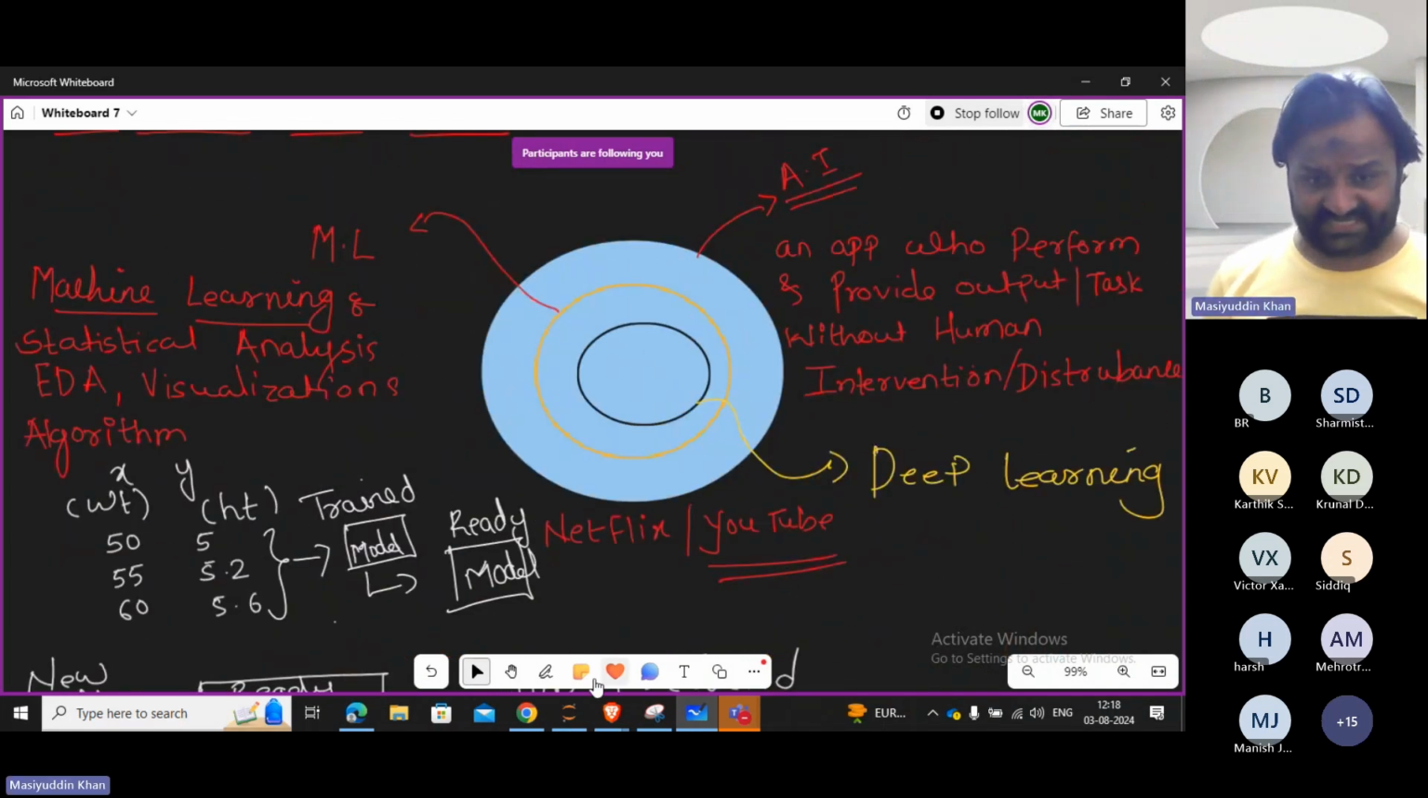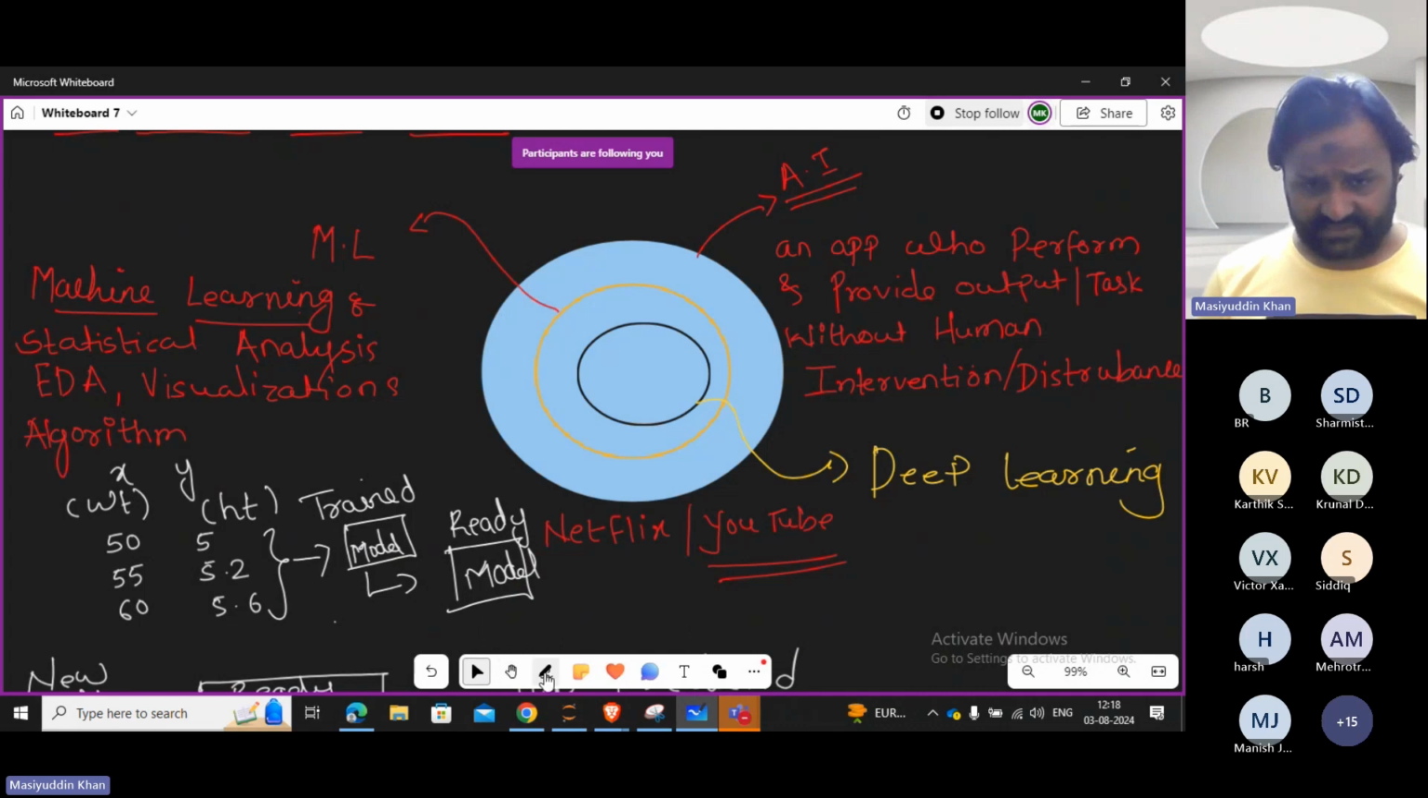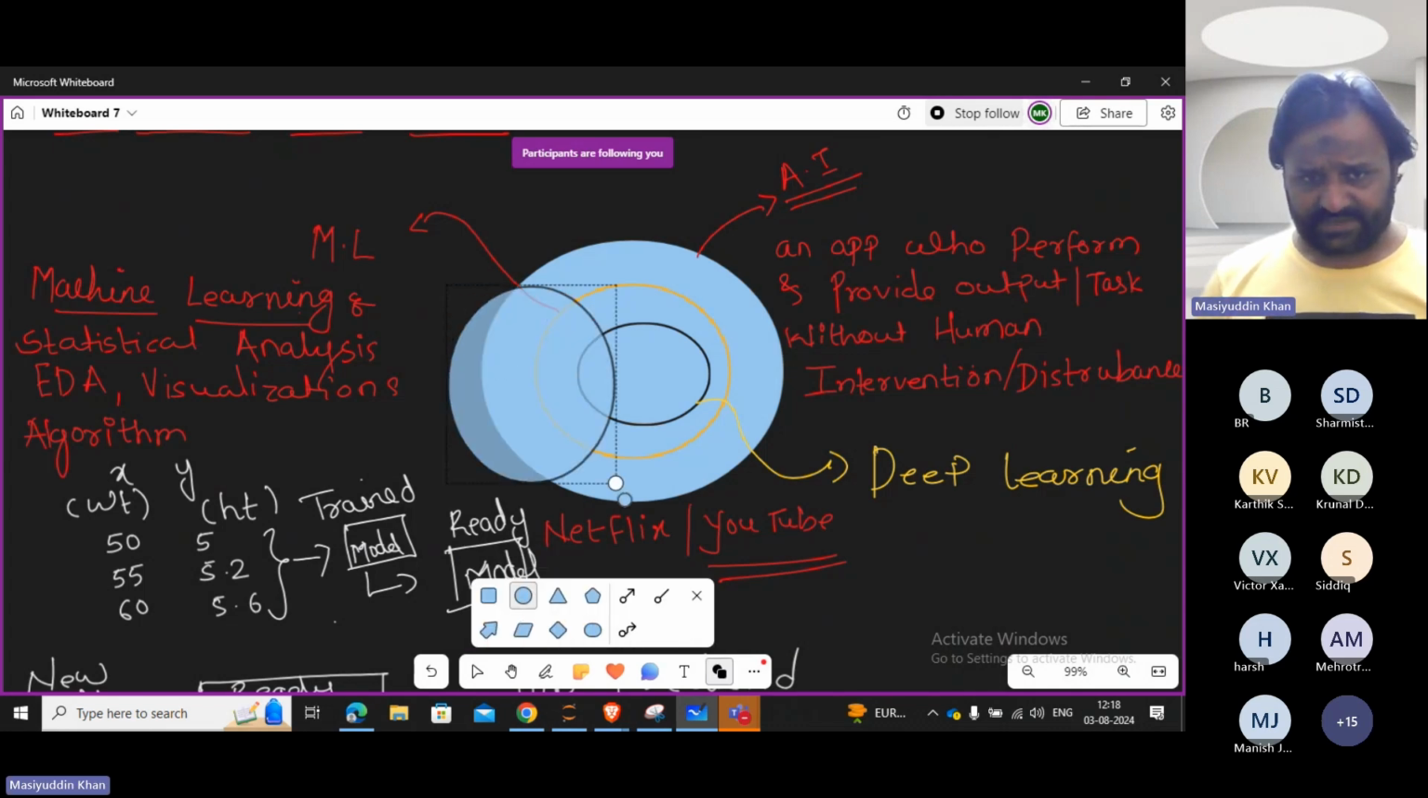So what is data science? The question is always there. I can draw directly, otherwise we can take it. Data science is nothing but about